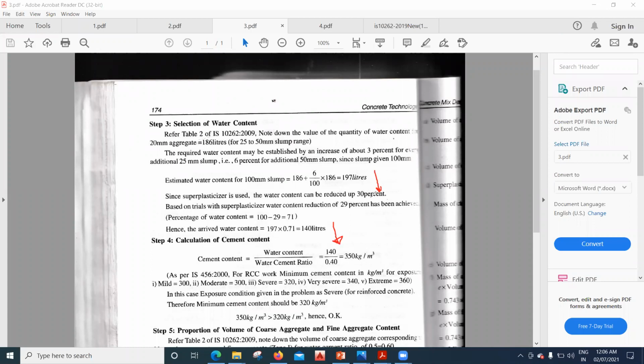And then we'll try to make use of the superplasticizer. That's it. So in this, what will happen? We know that if the water cement ratio is less, strength is going to come down. So we have reduced the water from 197 to 140. So for the same water cement ratio, we'll be getting more strength than what we were supposed to get. And that is how the superplasticizer is going to do its work. Yeah, right? So up to here it's clear.